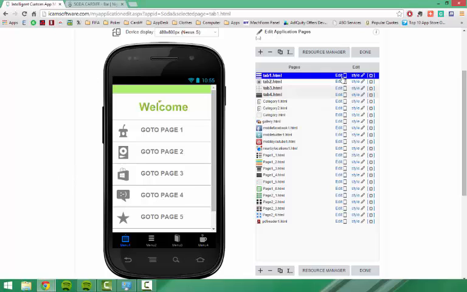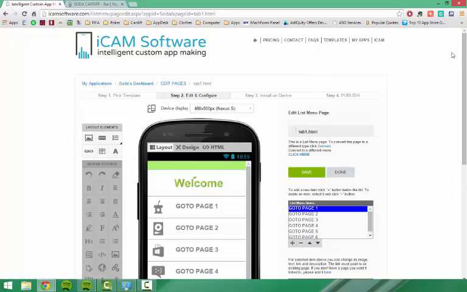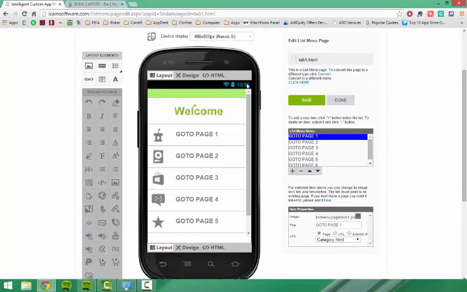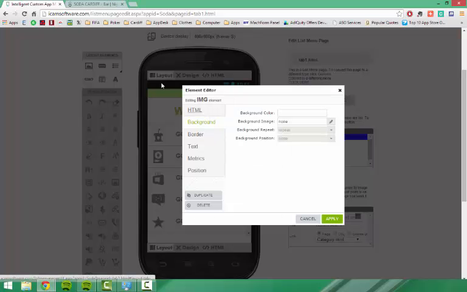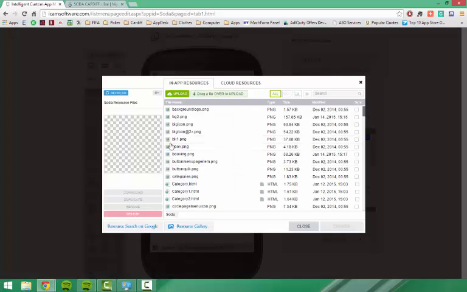So to begin editing, simply select the Edit part of tab 1, because tab 1 is the home page. Okay, the first thing we're going to do is change the logo. To change the logo, make sure you're in the layout mode, and then simply click on the image you would like to change. It will bring up an element editor. To change the image, simply select the HTML option, and it will show you what image is present. To change this, simply press the little pencil beside it, and now this will bring up